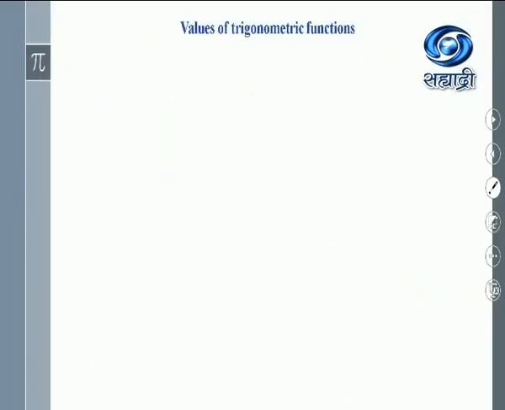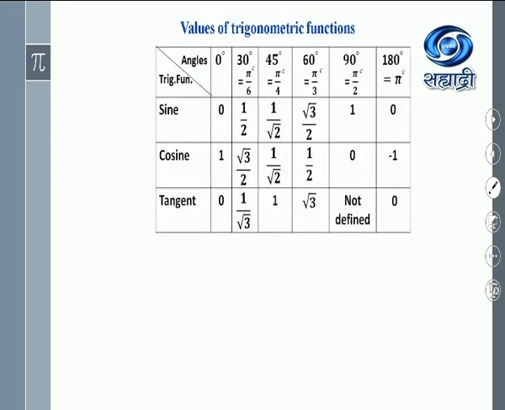So the rules of allied angles we will have to remember to find out the principal solutions. Now one more thing we will have to remember is the values of the trigonometric functions, and that you have done in 10th standard as well as in 11th standard. This we require often while solving sums, for 0 degrees, 30 degrees, 45 degrees, 60 degrees, 90 degrees, 180 degrees. But as I told you, we are generally writing angles in the radian measure. So this you will have to remember.